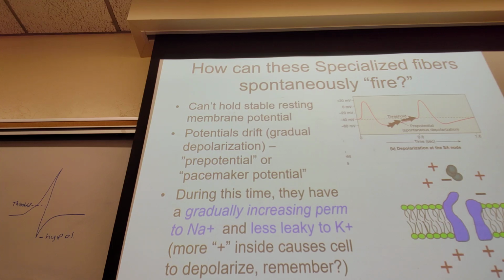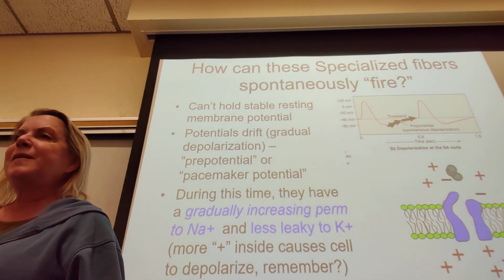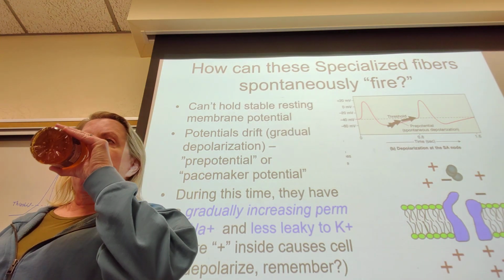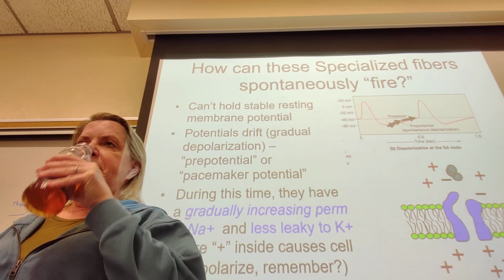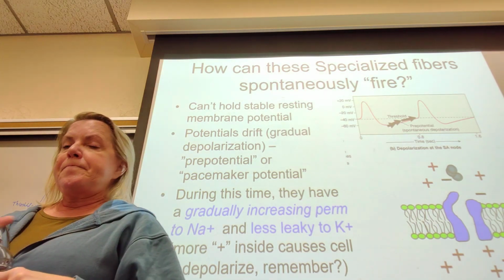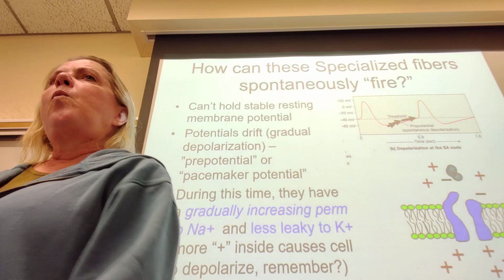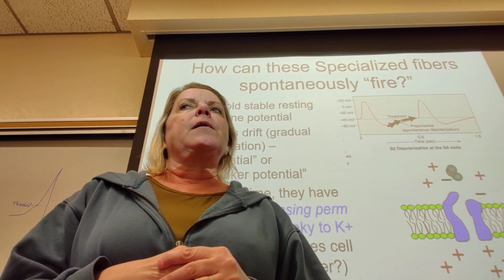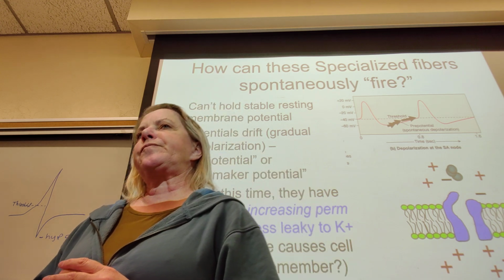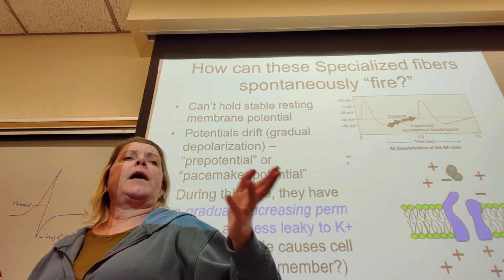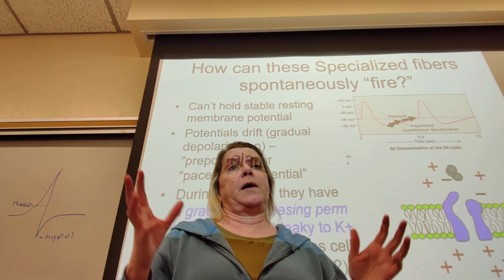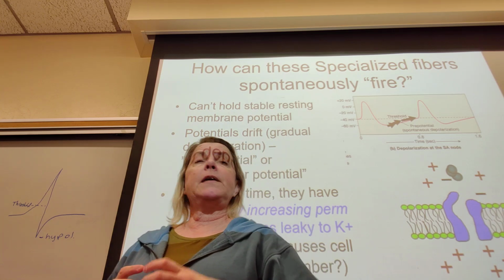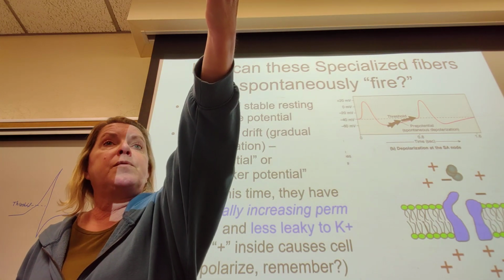And before I give you a clue, Alyssa, being always daring, go ahead. Does the SA node, is that the one that sends it out, so it determines when it should go? That's true, but why is that the pacemaker? Why not the internodal pathways? Why not the AV node? And for that matter, why do we have ectopic pacemakers that you hear some people having that leads to arrhythmias,